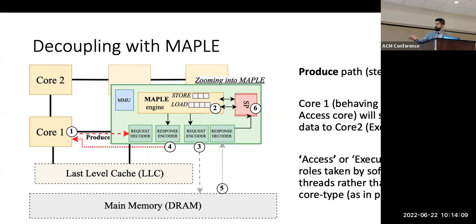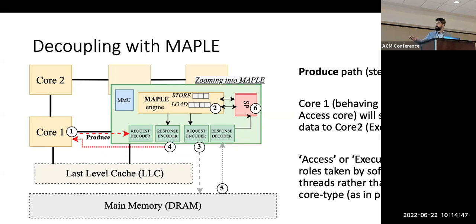So the fetch will reach Maple, also having as an offset the queue ID where we want to place the data for later to be consumed. Step 2, the decoder at Maple identifies the operation as the pointer produce, takes the virtual address of the pointer, uses the MMU to translate it to a physical address, and then issues the store to memory in step 3. Then step 4, the store operation containing the address that we mentioned is acknowledged back to the core, and then the core 1 considers the operation as finished.